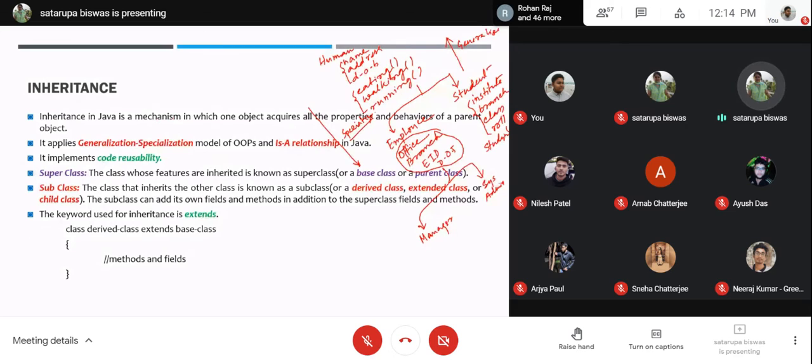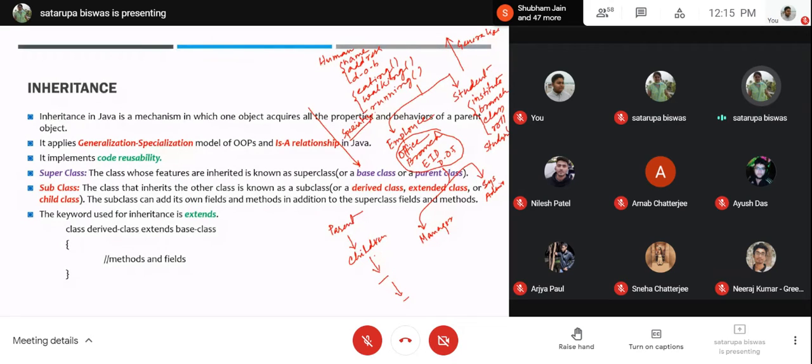So inheritance in Java is a mechanism in which one object acquires all the properties and behaviors of the parent object. Now I am calling this the generalized class and these the specialized classes. So in inheritance let us call them parents. From the parent class, the properties are flowing to the child classes, and from children to the further level.